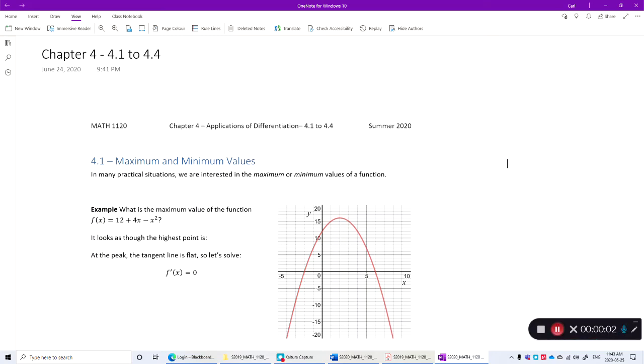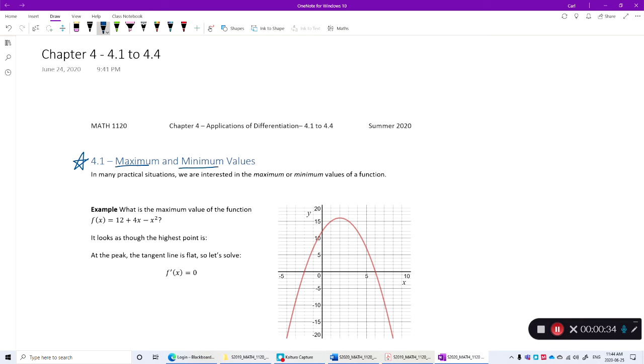Okay, hey everybody. So we're just about to start a new chapter, chapter 4, and chapter 4 is called Applications of Differentiation. So we've been learning the definitions of what is a derivative, and then several rules for how to find derivatives. And so now we're going to focus on what you can do with it. And the first thing you can do, which is a really important thing, is finding the maximum and minimum of